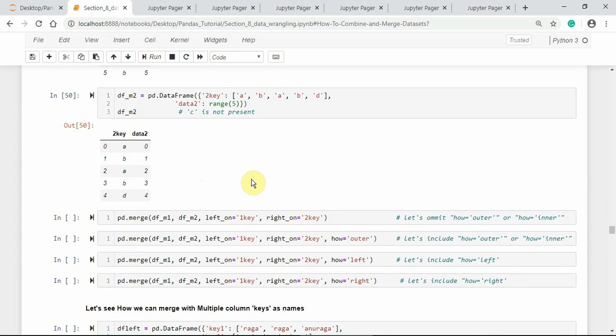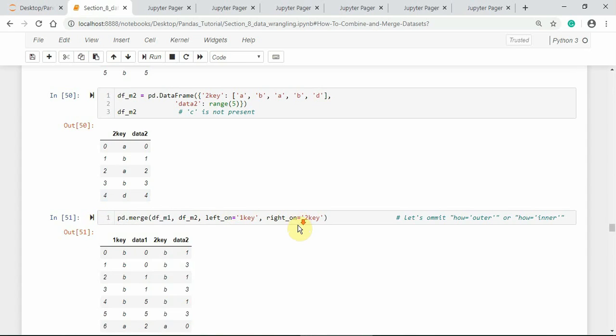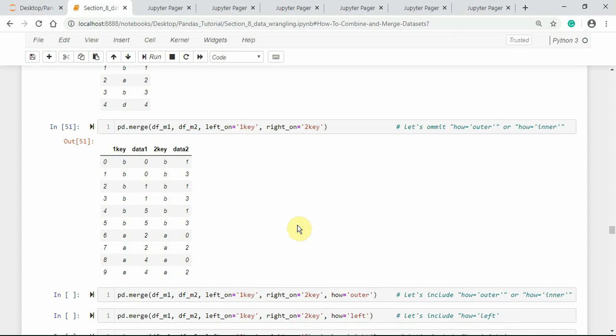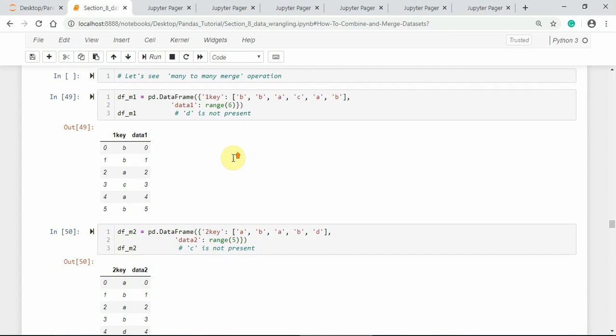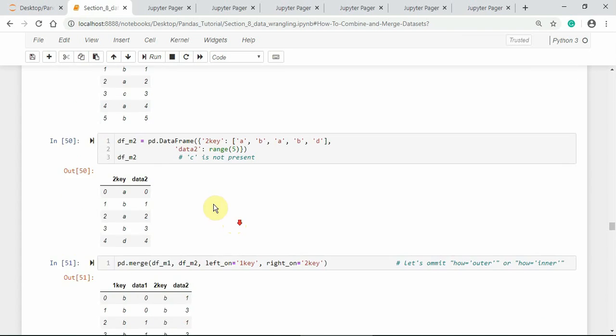Now I would like to merge these two data frames by switching on the first key and then the second key of the first data frame and the second data frame objects respectively. Notice that there were 3 B rows in the left data frame, that is df_m1, and 2 B rows in the right data frame, that is df_m2.